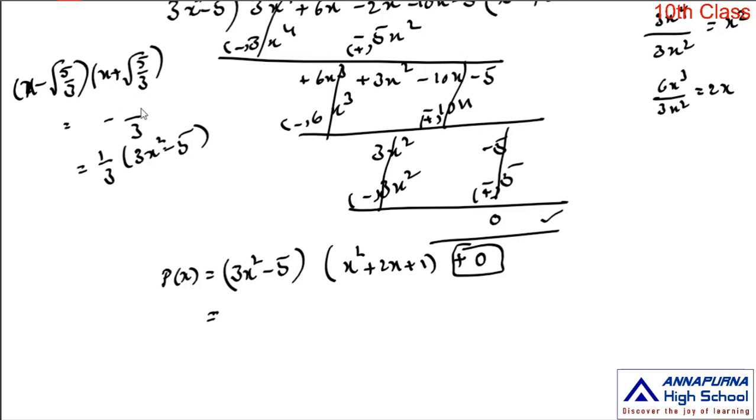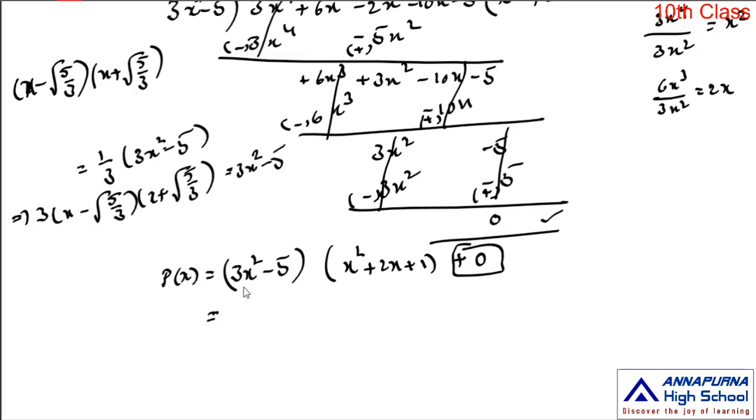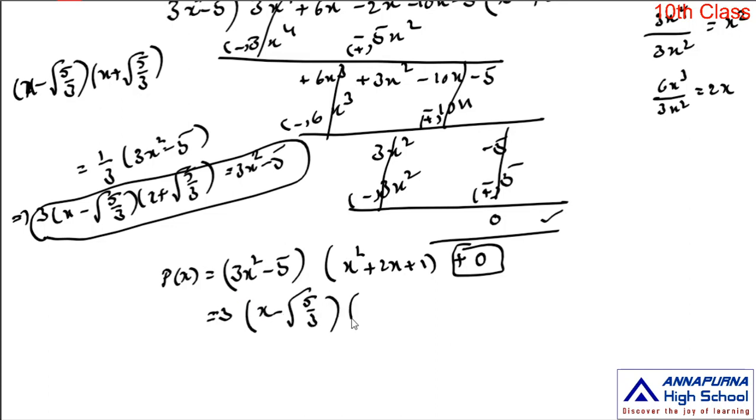Now the statement is (x minus root 5 by 3) into (x plus root 5 by 3) is equal to 1 by 3 into (3x² minus 5). When you transpose this 1 by 3 to the left side, it is equal to 3 into (x minus root 5 by 3) into (x plus root 5 by 3), which is equal to 3x² minus 5. So in this product you replace 3x² minus 5 by this total statement. So 3x² minus 5 is equal to 3 into (x minus root 5 by 3) into (x plus root 5 by 3) into,